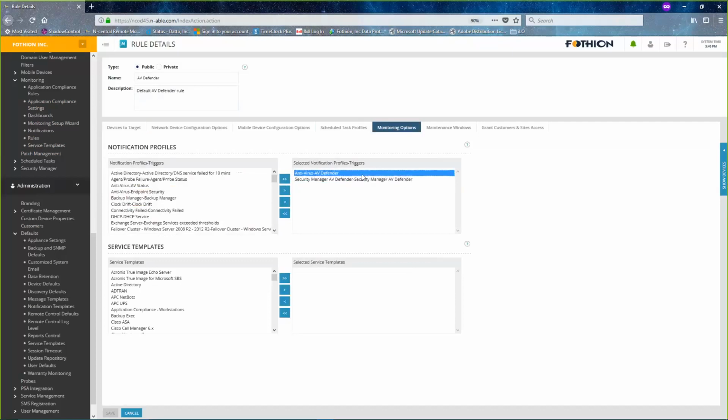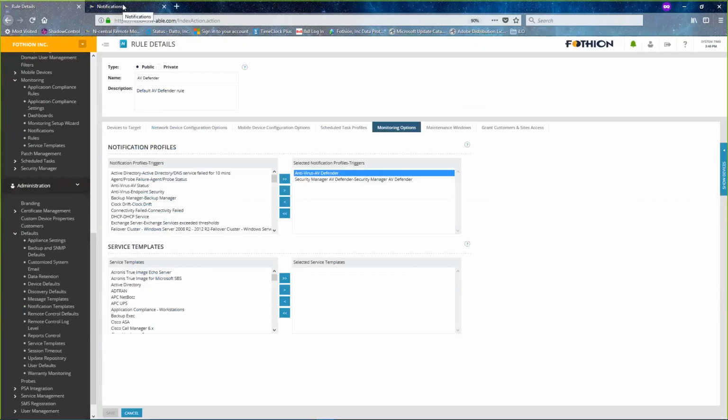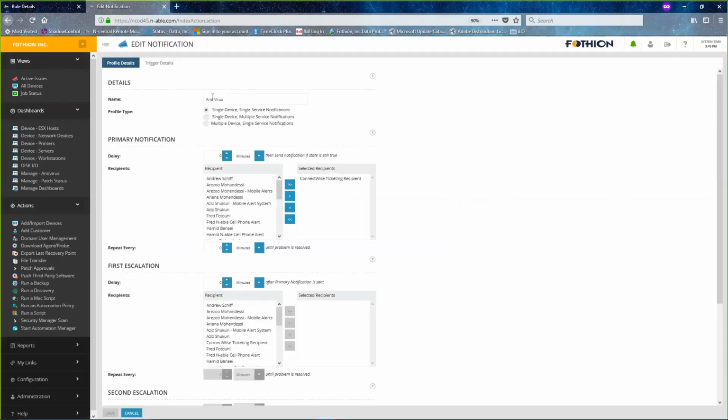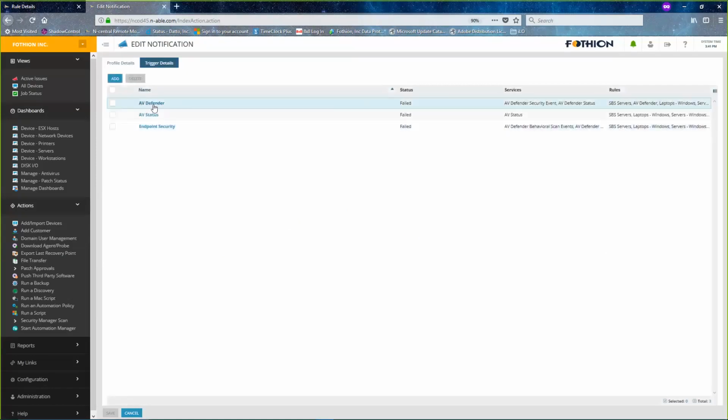All right. If we go to the antivirus AV Defender notification, let's go to notifications here and open up a new tab. This notification, based on the profile, sends an email alert to the ConnectWise ticketing recipient, meaning it automatically creates a ticket. It gets triggered whenever the AV Defender service changes state to failed. So if the AV Defender security event or AV Defender status has a failed status,